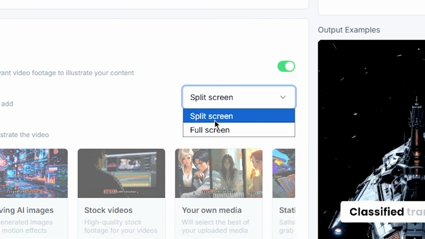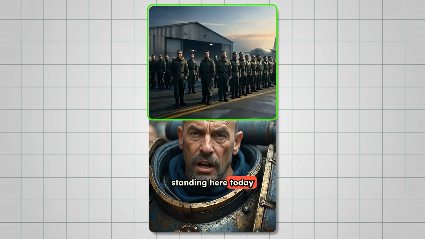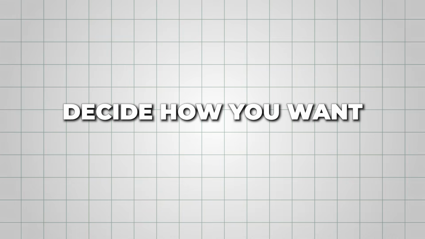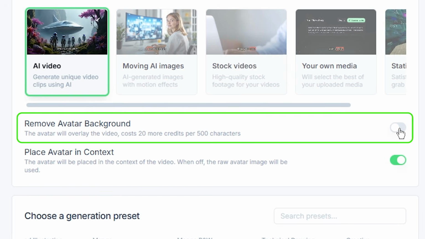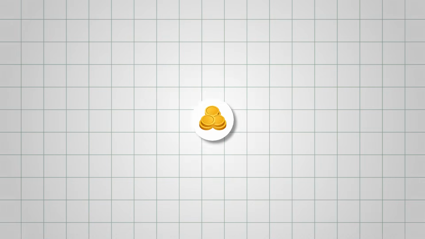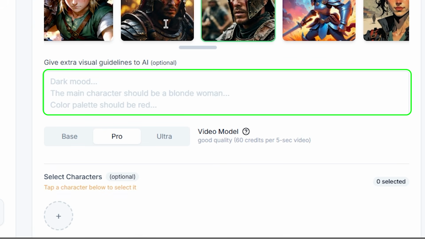For layout, enable split screen within the B-roll settings so supporting visuals can appear alongside the presenter. Then, decide how you want the avatar displayed. You can place the avatar directly in the video environment or remove the background for a cleaner overlay look, using more credits. Before generating, use the Extra Visual Guidelines box and type,